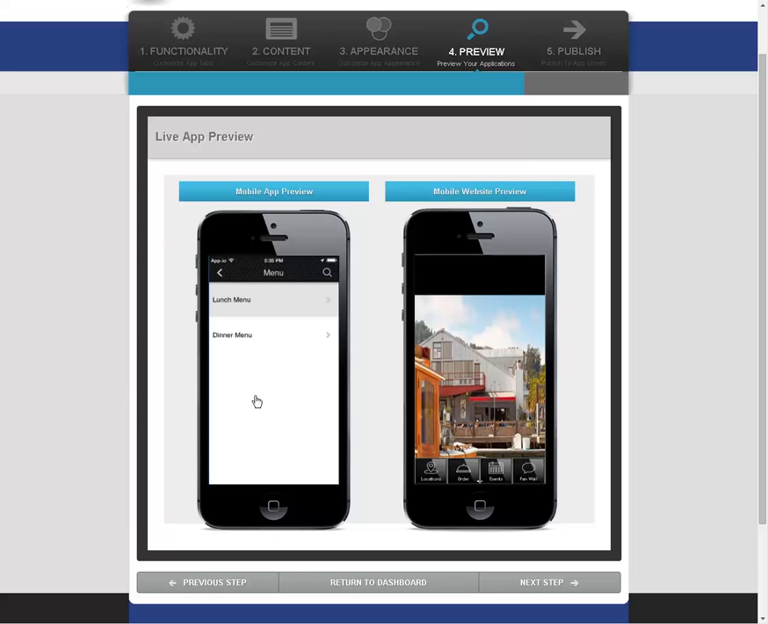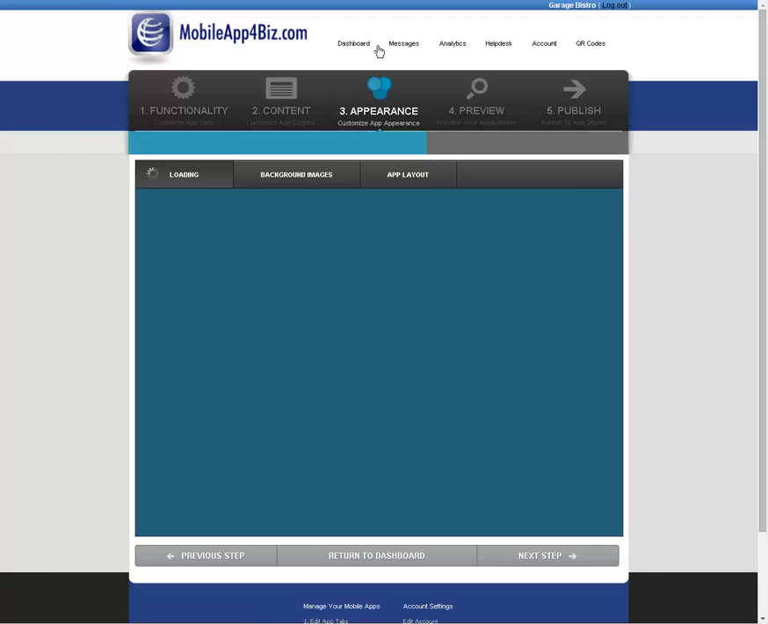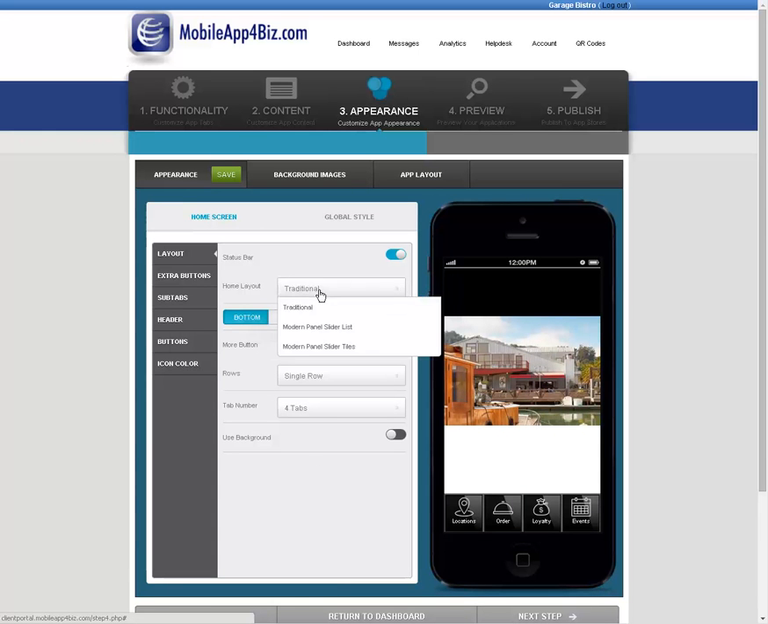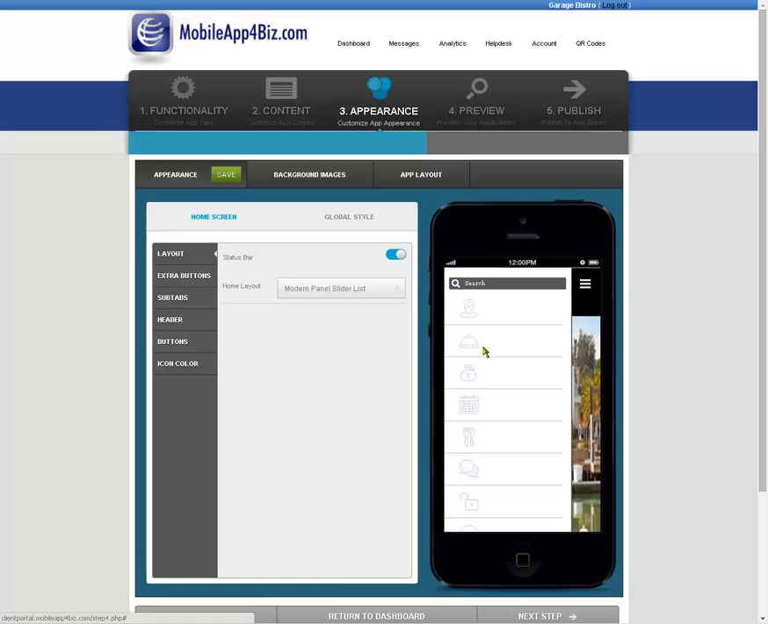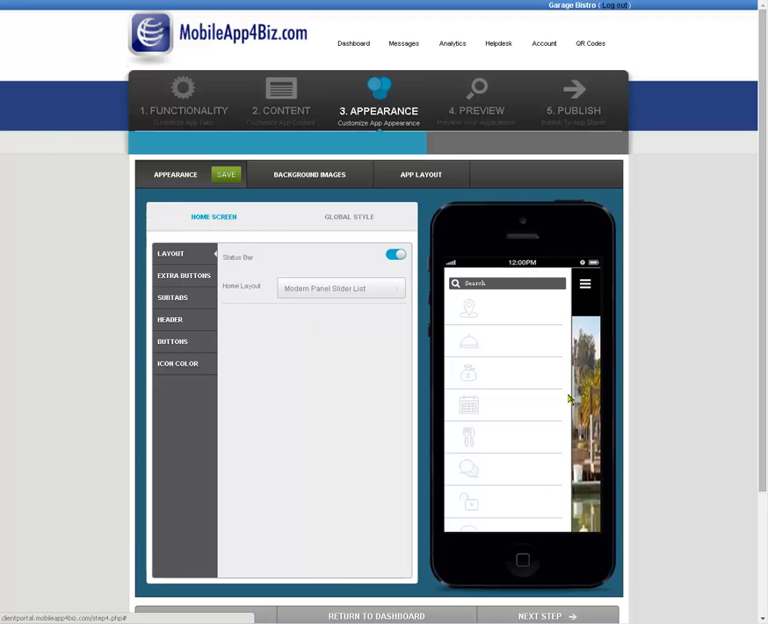Okay, and if I want to change the appearance as well, I click on appearance here, and I just wanted to show you this because I think it's really nice to be able to change the appearance of the app. That's kind of an old style with the tabs at the bottom. I want to show you what we have come up with. Instead of the traditional layout, we can use the modern panel slider, which has the tabs here with the photo in the back, or the slider tiles here. I kind of like this because once we design the background images, it'll look really nice. So what I do, I save here,